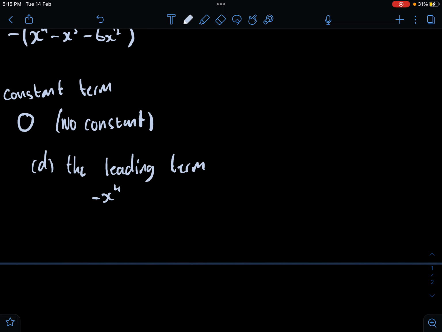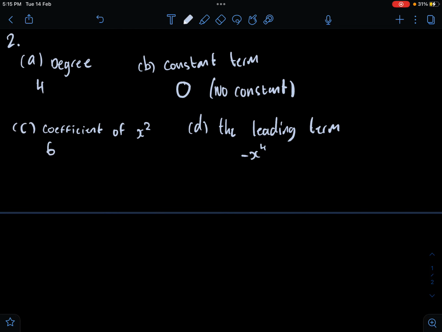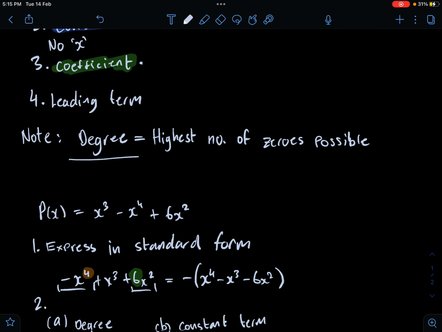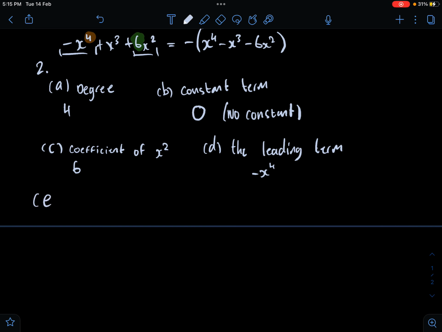And then we've got the greatest number of real zeros possible. Now, this is the tip I added on at the end. Degree is the highest number of zeros possible. So E, it's just the same answer as our degree, that 4 comes back down into this one. And finally,